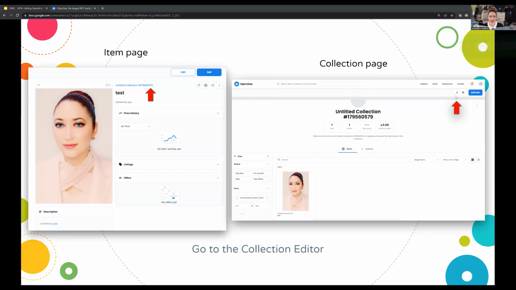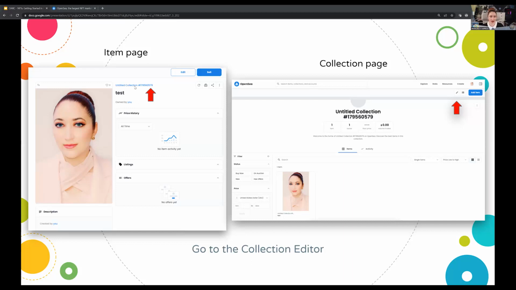If we click on this pencil here, then from the collection page, or like I said, we'll click on the Untitled collection above your collection title. So that's here. It's where you can find the collection that it's a part of.